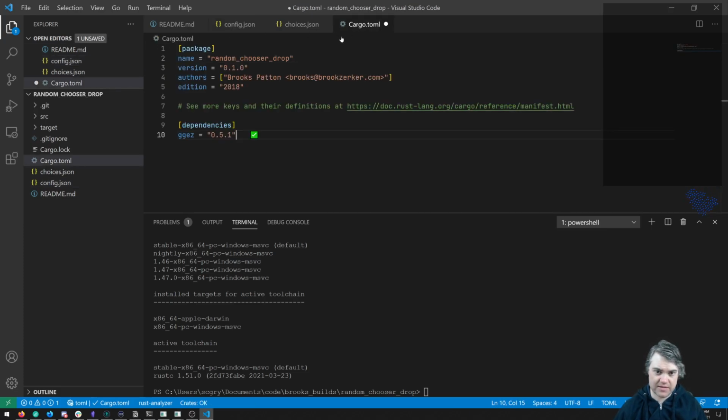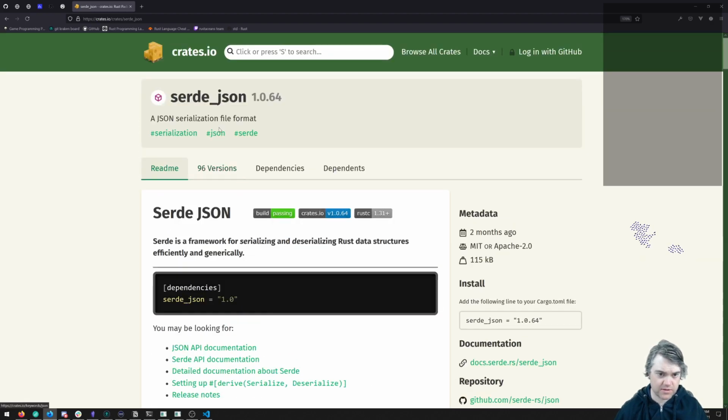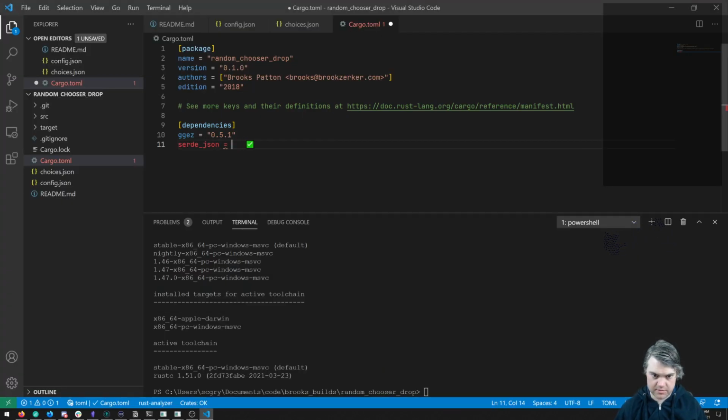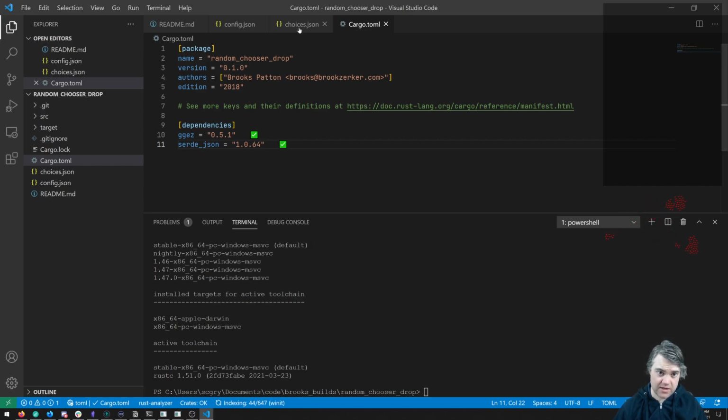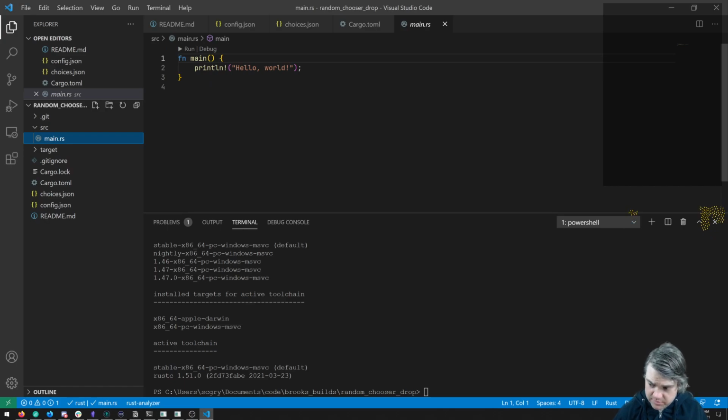Let's see. Then I want serde underscore. Oh, 1.0.64. Nice. Then in main, right now we don't have anything like this. What I would love to be able to do is grab the serde from some kind of command, maybe even tell it where the file should be. So like we could do